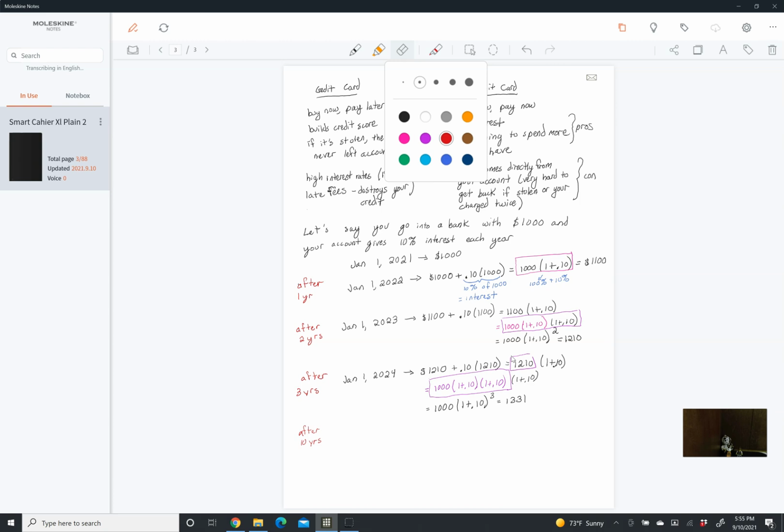Now, here's the thing. Because we factored out and we figured out that we can just take 1,000 and multiply it by 1 plus 0.10 three times for the third year, two times for the second, and one time for the first, we don't need to know how much we had in the 9th year. All we have to do,